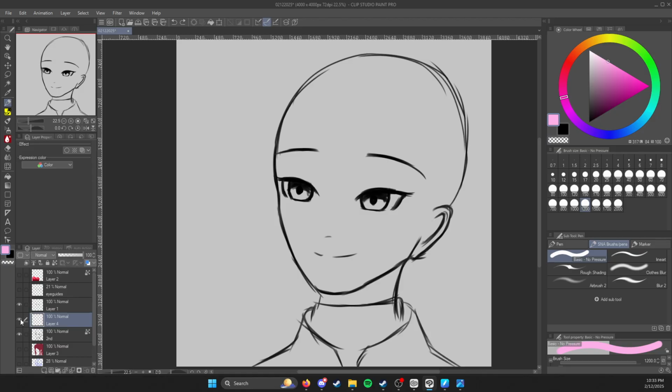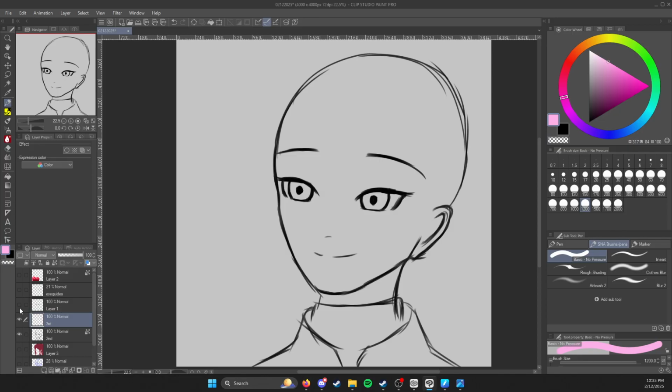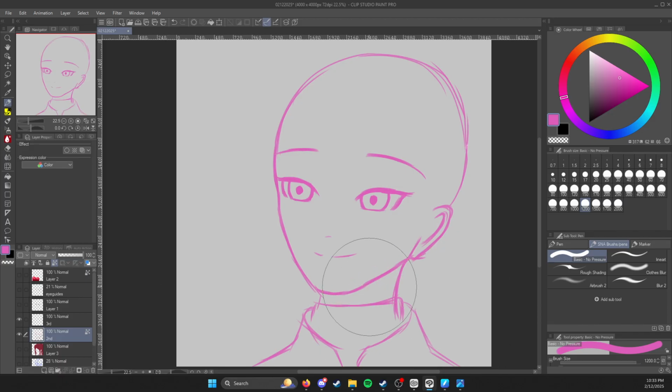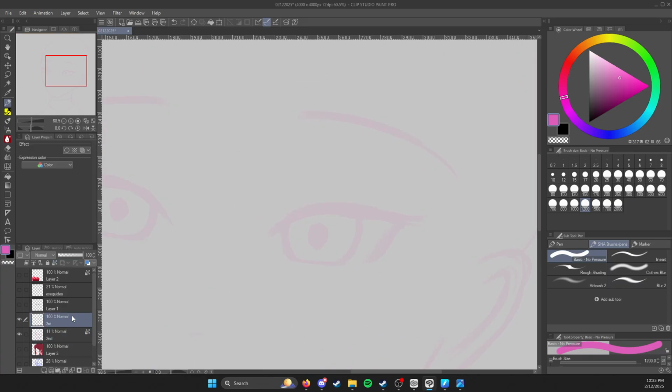What layer is this? Nothing's there. We'll just use that. This will be our third layer. God, see how psychotic those eyes look without that? We'll keep that there for now, though, because we do want that. All right. I think for line art, since I want that clean look to it,